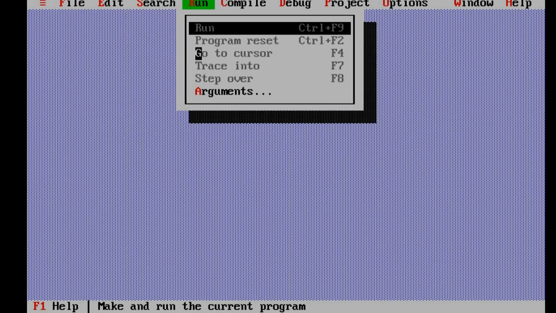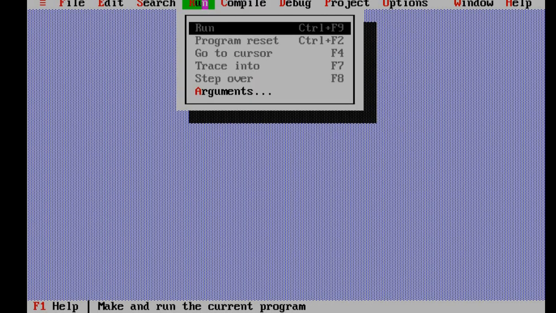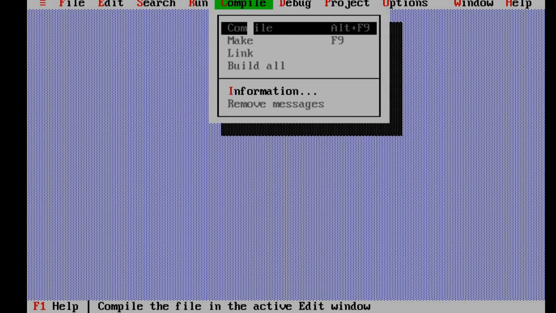Then run. In the run option we can run the program. For running the program, what basic keyboard keys do we need to use? Ctrl plus F9. Then compile, Alt plus F9. Remember the shortcut keys for run and compile. We can choose this menu option also for run and compile, or rather we can use Alt F9 and Control F9. These function keys F1 to F9 are available on the keyboard, so using those function keys we can also operate the various options available in the menu bar.